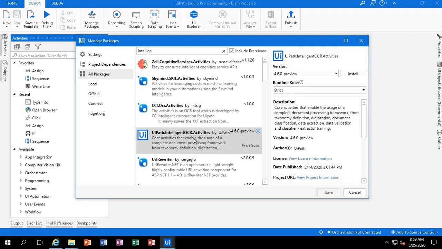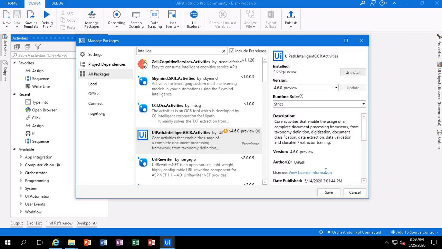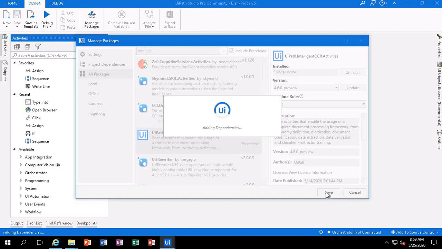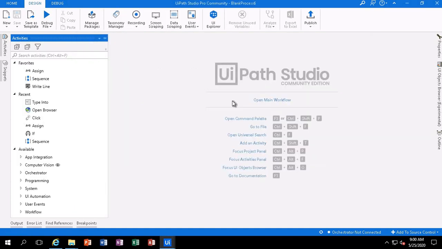You can see UiPath.IntelligentOCR.Activities, and we will install this. Once we install this, we can see we now have the Taxonomy Manager icon here.